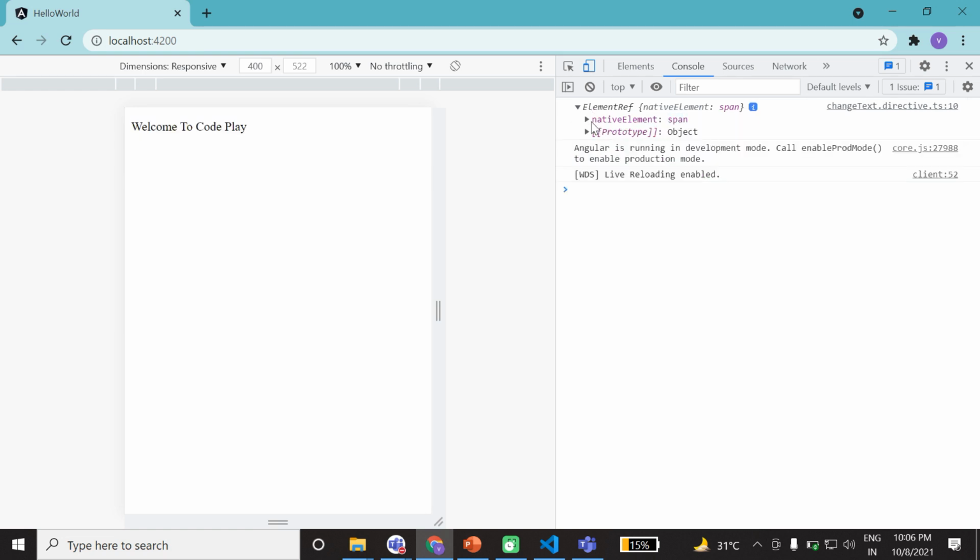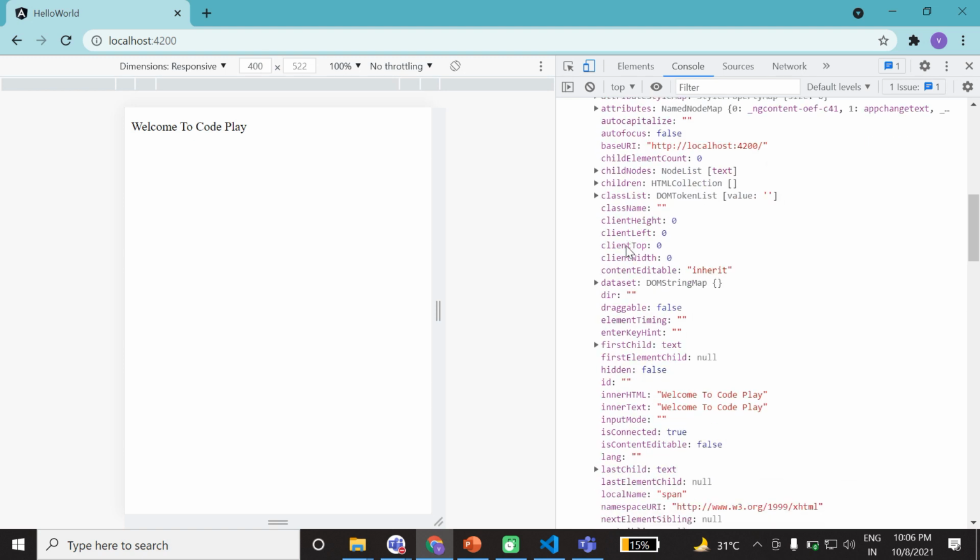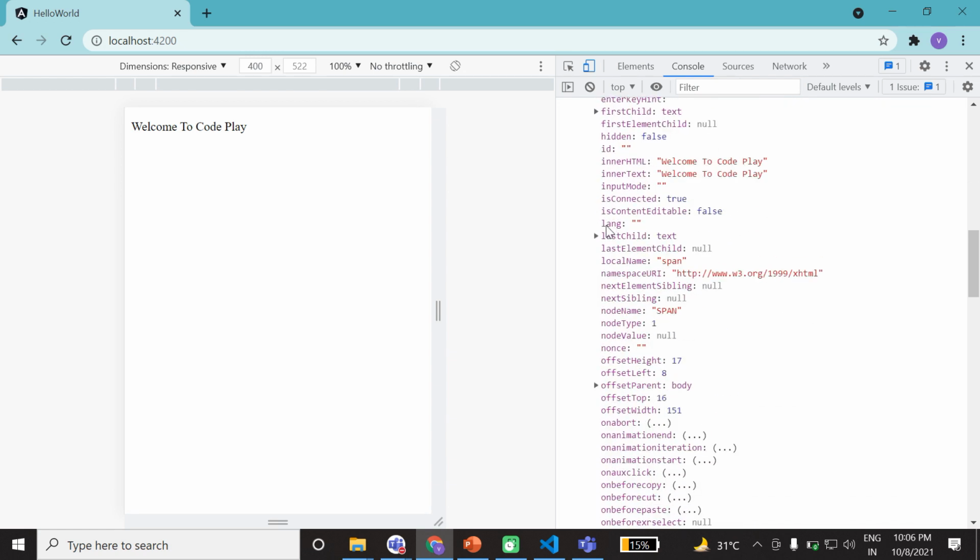That element contains different properties. Now you can set the class name. Now you can set the inner text. So it has an inner text, and now we are going to set the inner text.